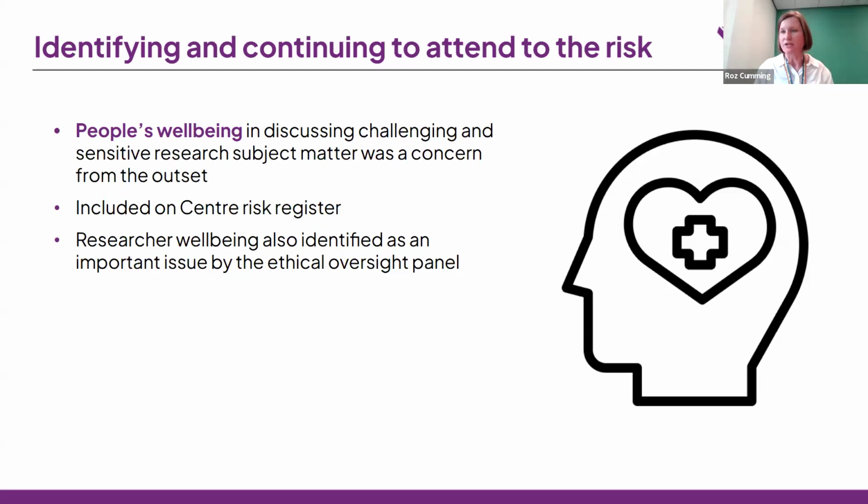We were already very much focused on participant well-being, but also importantly researcher well-being, because of the type of research that we knew we were going to be doing with vulnerable people who have experienced abuse and trauma in various different contexts, and in their interactions with the criminal justice system as well. So lots of sensitive areas, and areas that can be re-traumatizing both for those people and for the researchers involved. So it came from our risk register, and as you say, it's very easy for a risk register to be produced and then put on a shelf, which obviously we didn't want to do, and it does get revisited periodically.